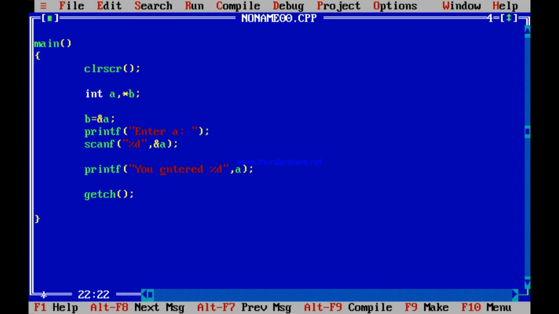Then you are printing this A. Now you have copied that address FFF4 to B. So now you are giving the user B, FFF4 directly. So 7 is being entered means 7 is being caught in FFF4. You are printing A, but A was contained in the location FFF4. So it is printing the content of FFF4 itself, 7.